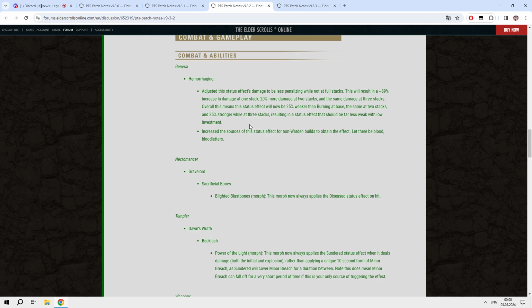investments. So you can see that they are buffing almost everything in this new patch, and even when you see some nerfs, like for example the burning status effect and the Hammerhagen status effect, in the next paragraph they are simply adjusting it and making it stronger with other sources. So you just need to take one source of increasing damage to another and you will get the same numbers